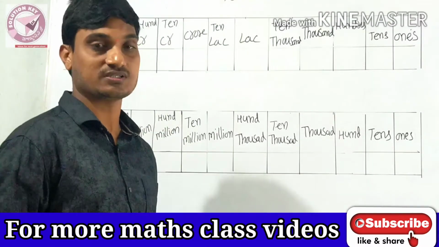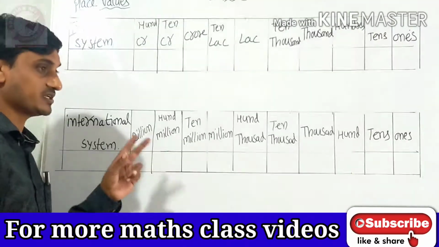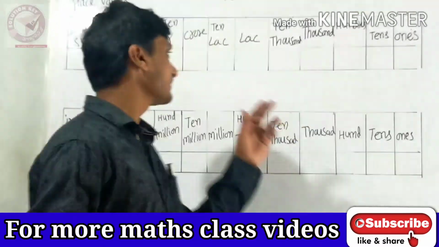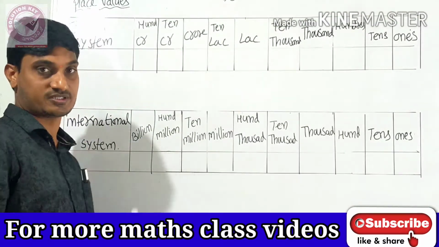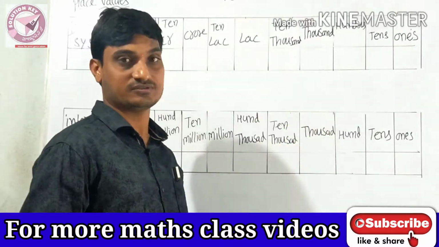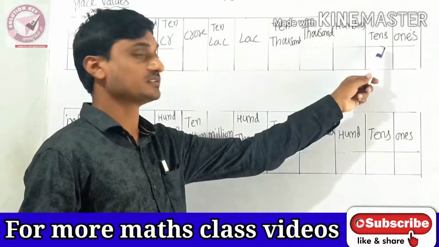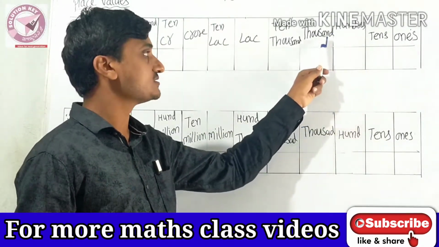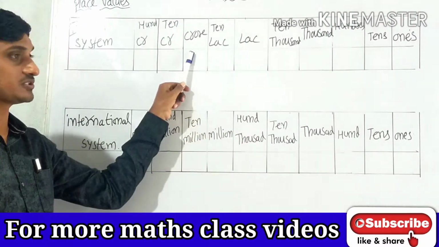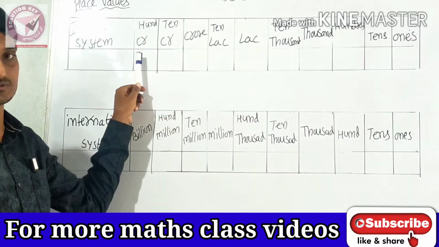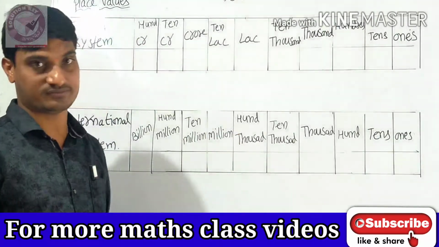Before you read the numbers, we learn the place values. What are the place values? There are two systems, the Indian system and the international system. In the Indian system, you already have some knowledge up to thousands, I think 10,000. So see here, it is the Indian system. In this Indian system: ones, tens, hundreds, thousands, 10,000, lakh, 10 lakh, crores, 10 crores, 100 crores. Many more numbers exist, but up to class 6, 100 crores is enough.